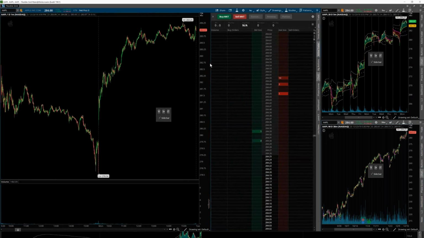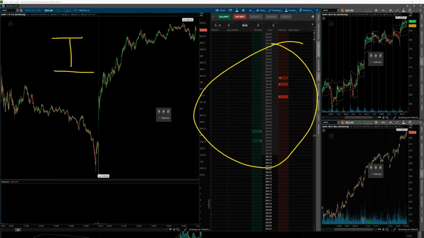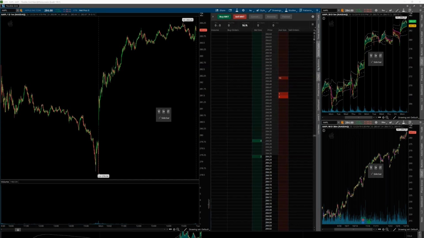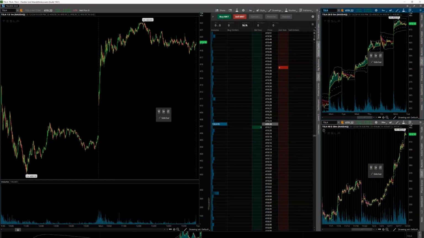But we could feasibly have everything we want to see on about one screen. We have the detail of our intraday chart. We have our order execution, right? And then we have context and higher time frame context still. The point being, our goal is to get everything that we could possibly want with one ticker away. So if we were to say, show me what Tesla's up to lately, we not only would have